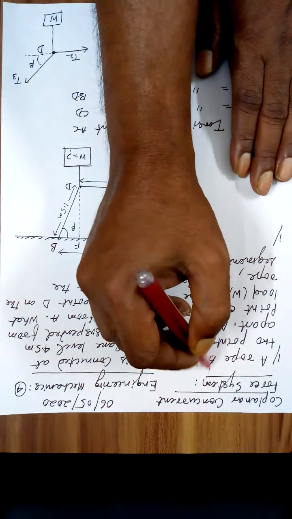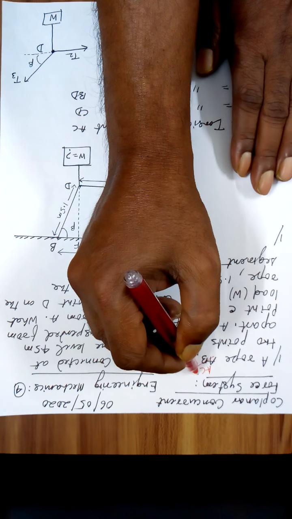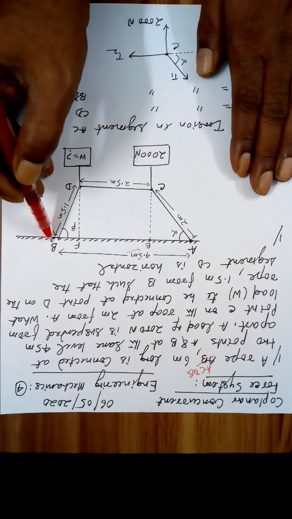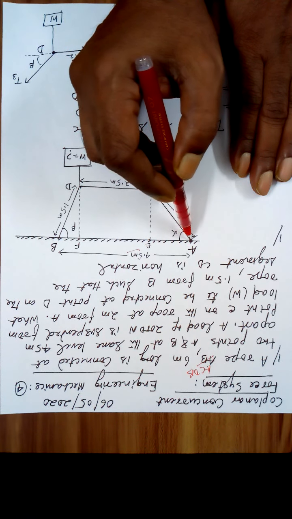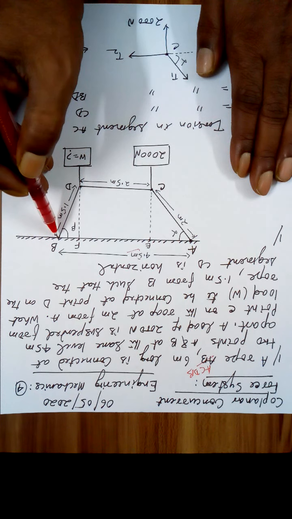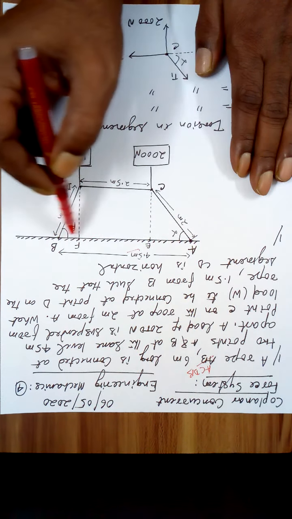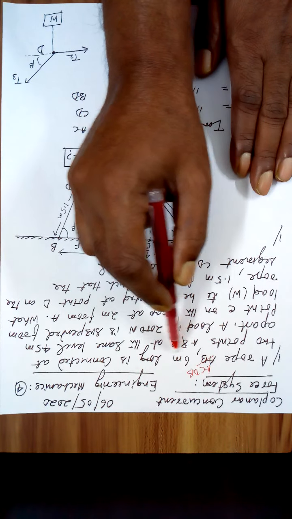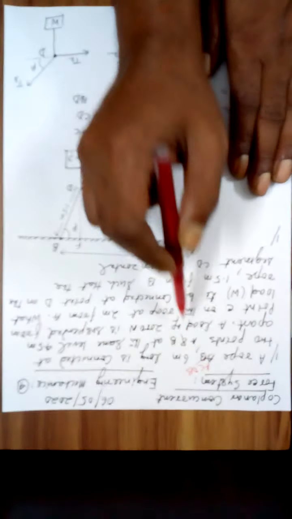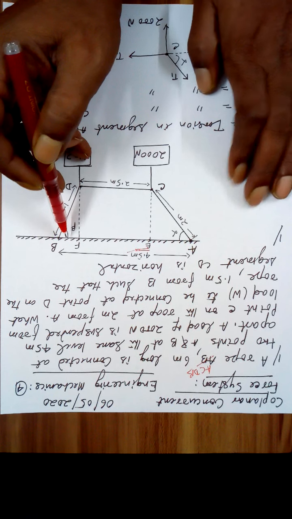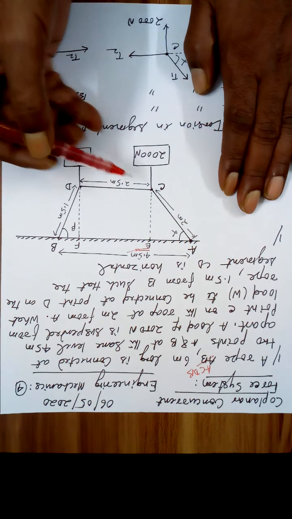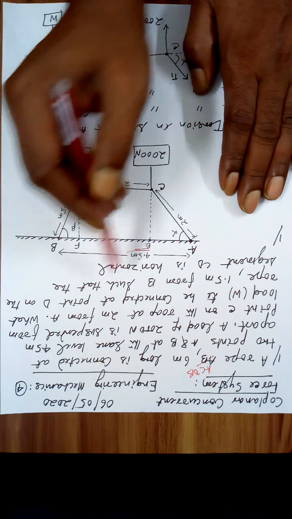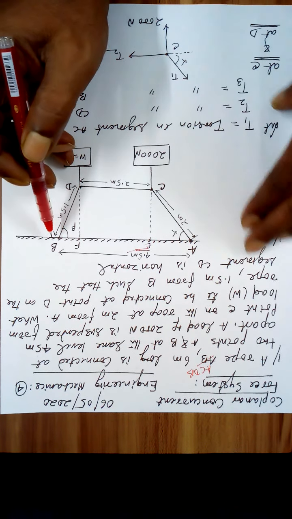ACDB, ACDB, and this is the rope actually, right? One end of the rope is fixed here, the other end of the rope is fixed here, and this point and this point are at a distance of 4.5 meter. A rope of 6 meter long is connected at 2 points A and B on the same level, 4.5 meter apart. From here to here is 4.5 meter.